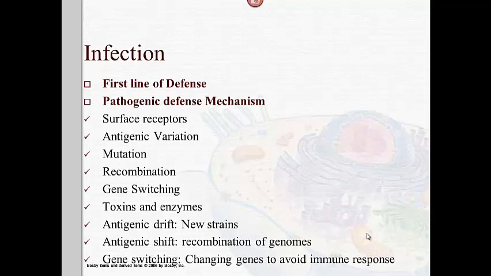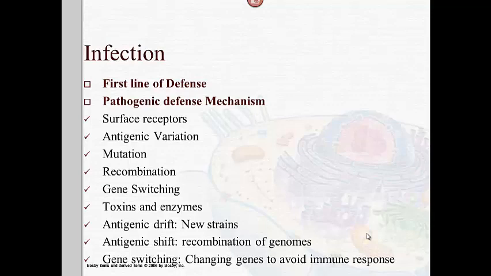So how do they manage to have a defense mechanism to avoid being killed by the host and take the opportunity to produce a disease? Well, they could do this by a surface receptor. Basically, they will have a unique receptor at the level of the cell